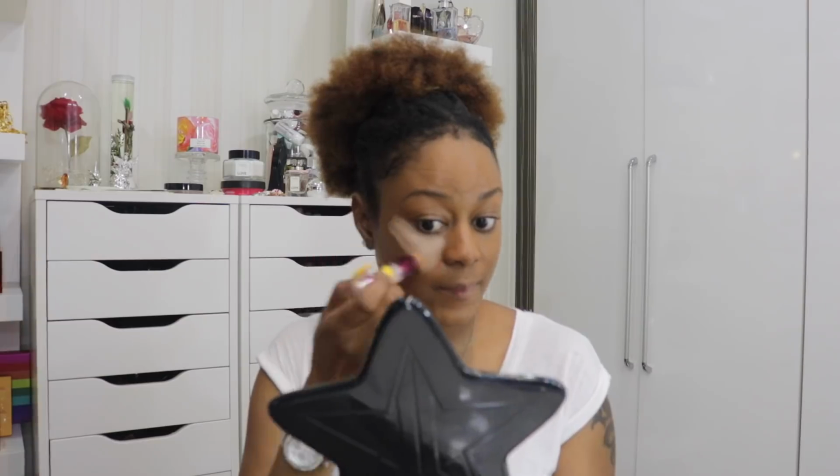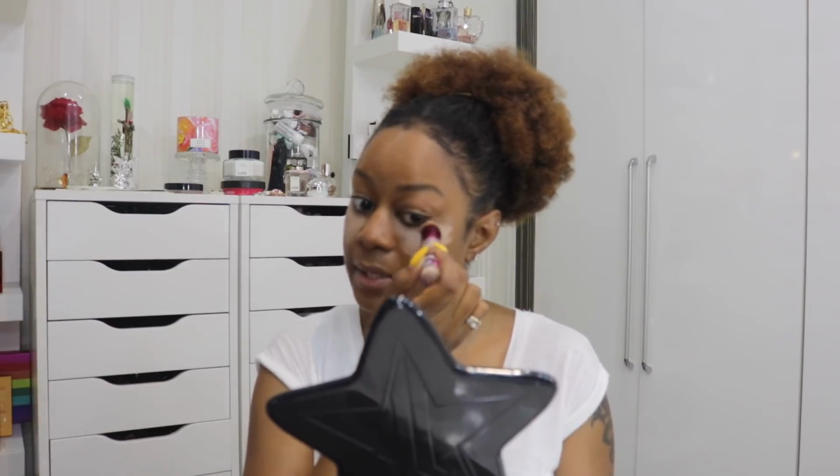Okay, moving on. For concealer, I'm gonna go in with the Maybelline Age Rewind Concealer. So it took me a minute to find a shade that I actually liked. I feel like the shades are not as much as they need to be for my access anyway. And this one is the shade Honey. I like it because it has enough yellow and enough peach in it, because